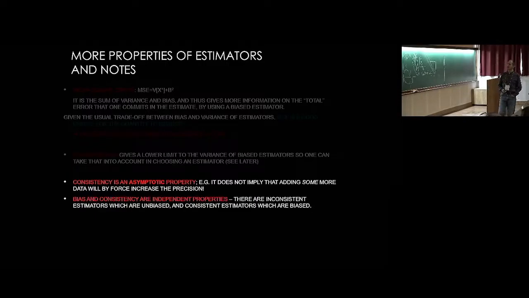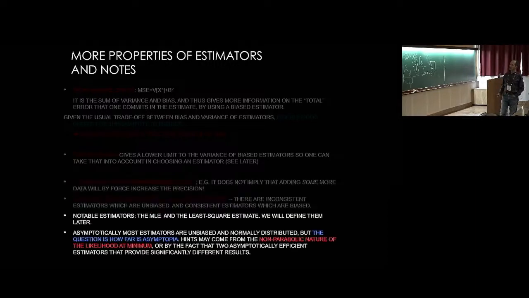And I don't want to bother you with too many definitions, because I guess you are longing for lunch, but there are a few here that you can go over probably offline. We will go through the definition of the maximum likelihood estimate and the least square estimate. These are the method of maximum likelihood and the method of chi-squared, okay? And we will go into the depths of these two methods in a minute.